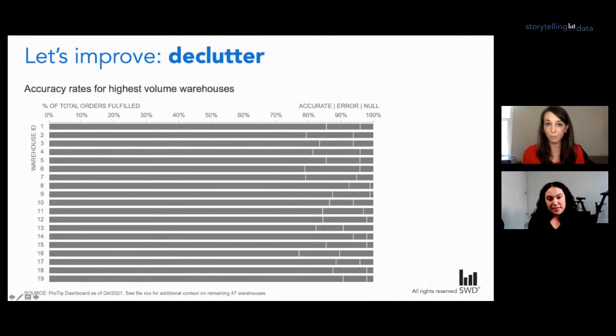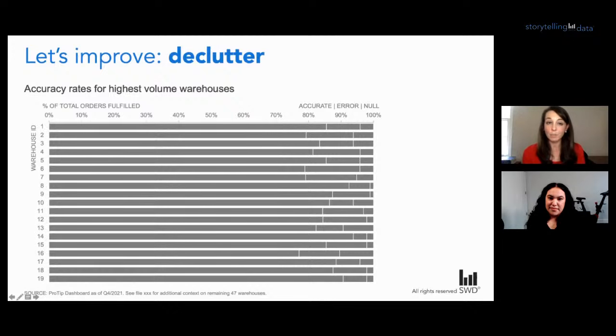So because now I have a little bit more space on the right-hand side, I could pull in some additional context if I needed to, right? If I thought my VP of fulfillment was going to ask me, well, what's the total volume, right? So you're only showing percentages here. Maybe she also wants to get a sense of what that volume is. I could provide that there with that extra space. Or if that's not necessarily an important detail to my audience, I don't want to just fill up white space just because it's there, right? We can be more strategic about where we place things on the page.